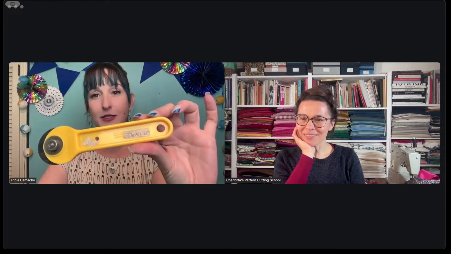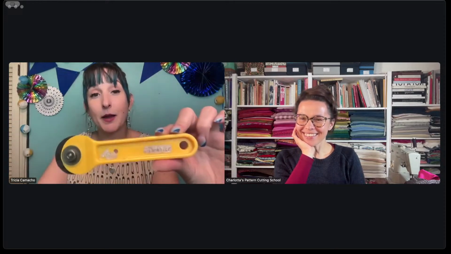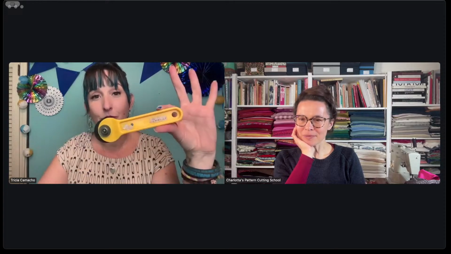I was never, so this rotary, I don't know if you guys can see, it's old. It says DeMille. That's my grandmother's name. This is her rotary cutter she gave to me. She was a quilter when she passed away, and she also made garments, but I inherited this when she passed, and her mats and her rulers and all these things. And I'm like, I don't quilt, Grandma, but thank you.